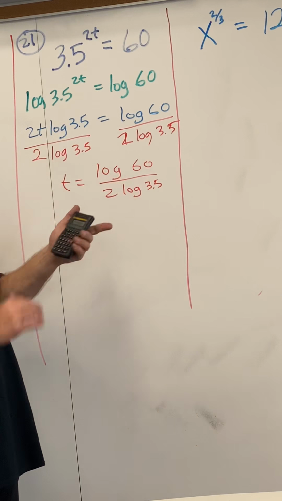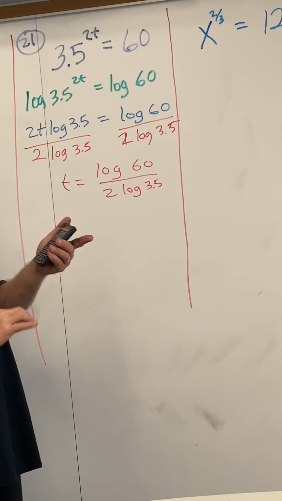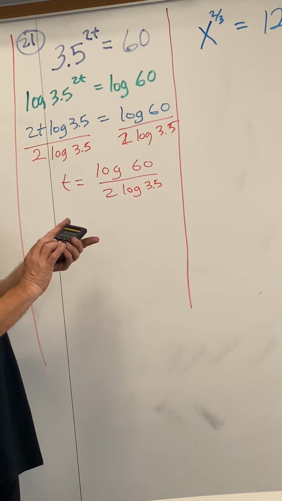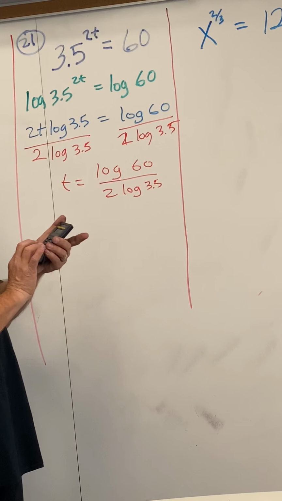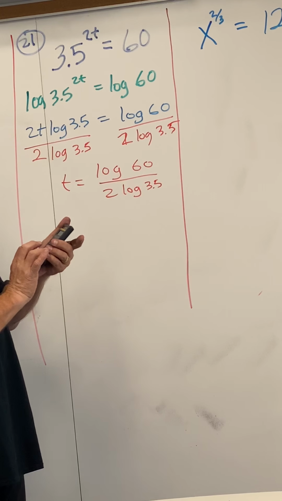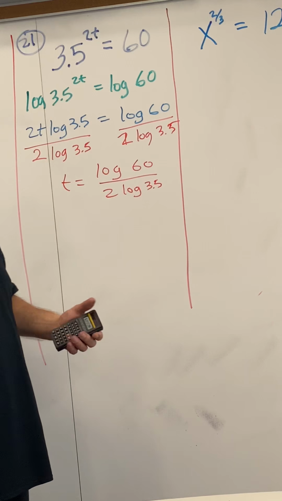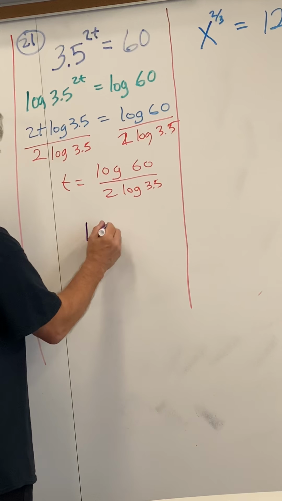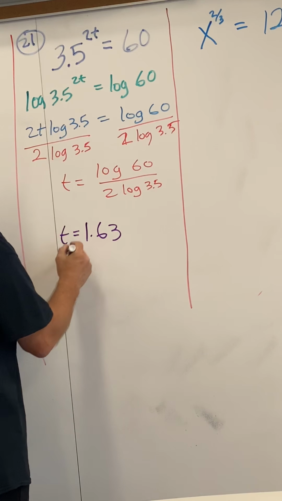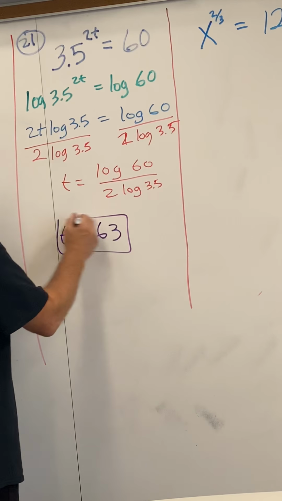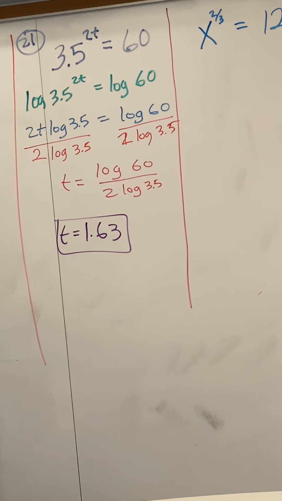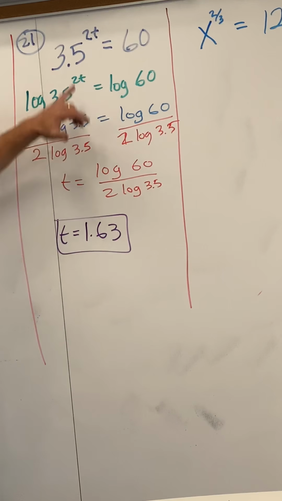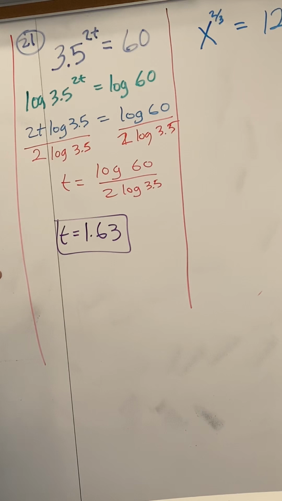If I want it to actually times by 2, I close parenthesis, and then finally I can hit equals and it'll do that division, and I get 1.634, about 1.63. Now, I think I did it right, but I'm not sure, so again, I can check. I can check by putting 1.63 in for t there. So I'm going to do 1.63